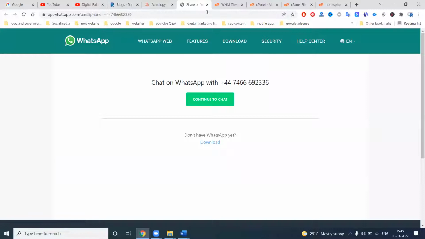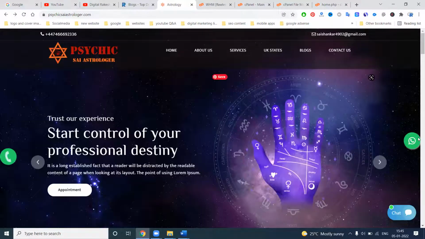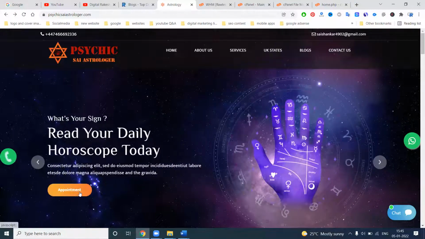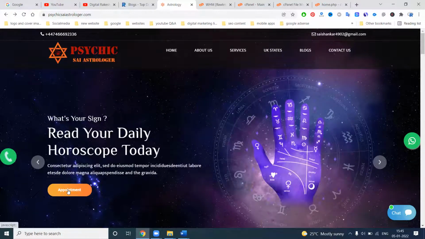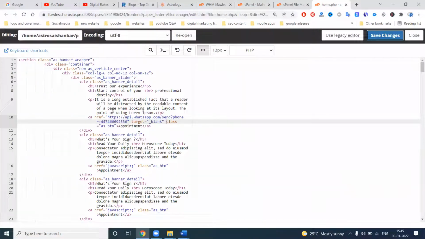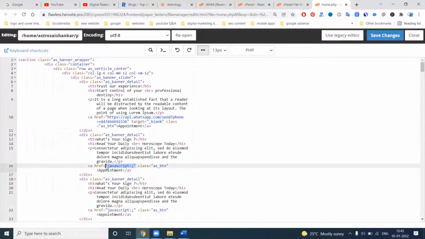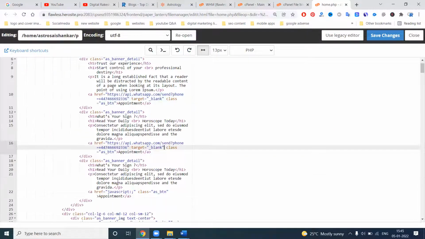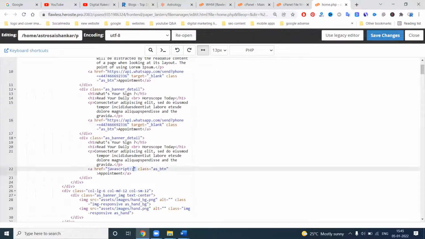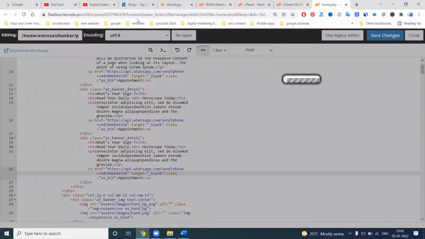So this is nothing but what we discussed about the anchor text. You can give this anchor text right here. Every appointment will be different. The appointment link will not be available, so for this purpose, where exactly our appointment link is, we can use copy, paste, paste.